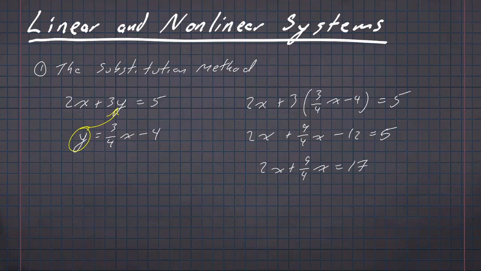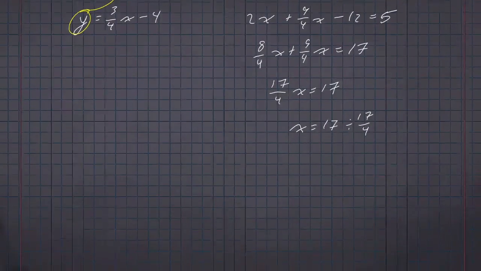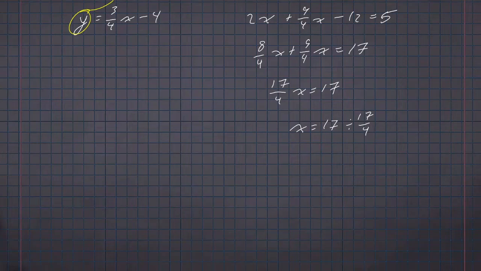We can rewrite 2 as, I guess, 8/4, so we have some common denominator fractions to work with. 8 plus 9 is 17. And then to get x by itself, we divide both sides of the equation by 17/4. All right, I'm running a little bit low on space, so let me scroll down a little bit, but not too much because I still need that equation that we started with. I get that x is equal to 4 in this case,